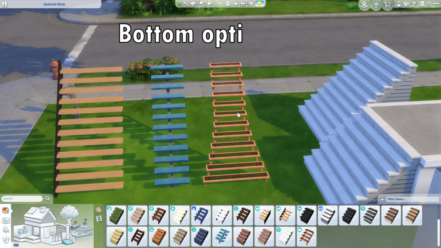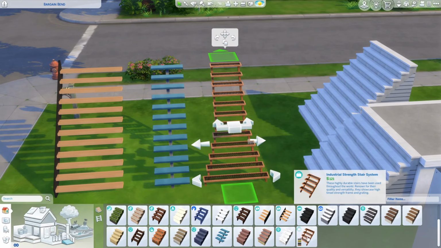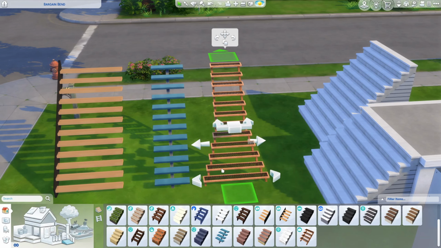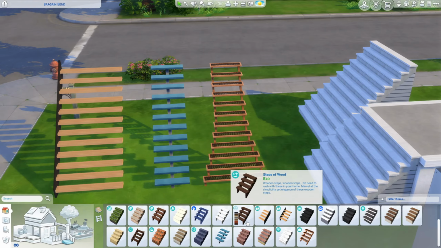Let's move to these stairs, and those are the stairs that are called Industrial Strength Stair System, and these are the stairs we got in the expansion pack Get to Work. As you can see, I could make it flared at the bottom, but there is no marker at the top. This is generally the case for all the stairs which look almost like a ladder, I would call it,